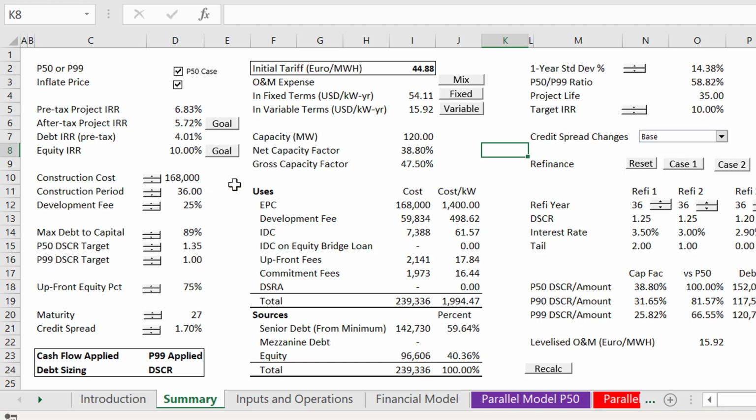But if you want to get in on the beginning, that's great. Now we can do other things, like if you change the construction period, we can see how the IRR changes. In this case, the DSCR is applied. If I put a 0 development fee in here, okay? And notice I'm going down by 5%. And if I put a 0 development fee in and I